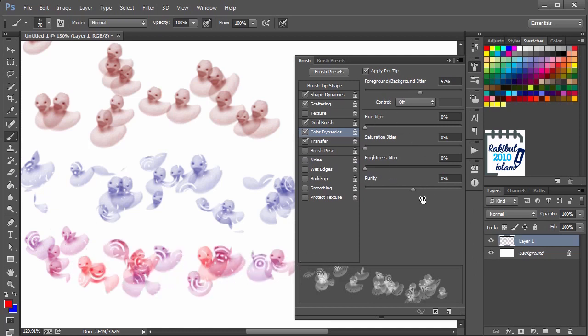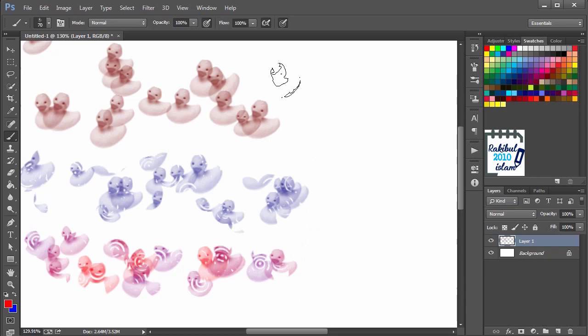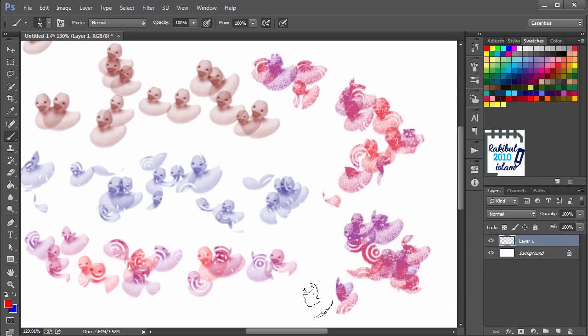You can also change these values from here. There are some other options. You can check all this. I don't want to go through all these options. And below this line, there are 5 options. You can either check or uncheck them, and then you can paint like this.